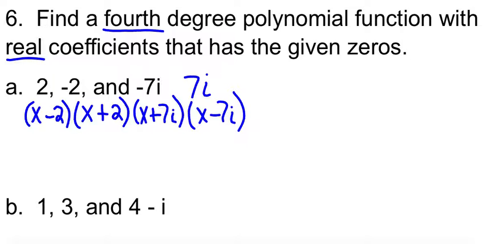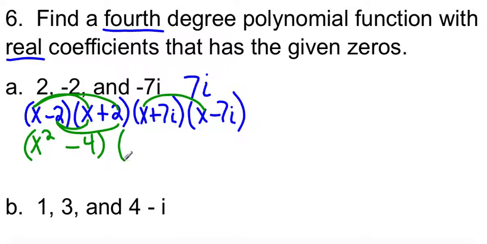So let's start here. X times x is x squared. X times 2 is 2x, and -2 times x is -2x. Those are going to cancel, so we don't have to worry about those. And then we get -4. Okay, let's come over to this one. X times x is x squared. Then we have x times -7i and x times +7i. Those are going to cancel, so we don't have to worry about them. So we just get